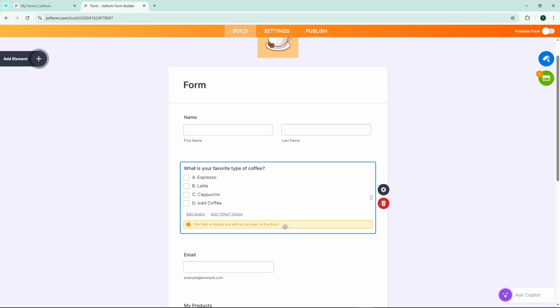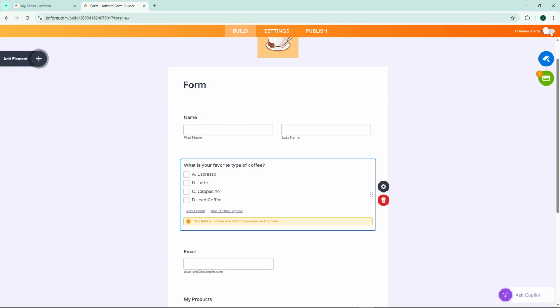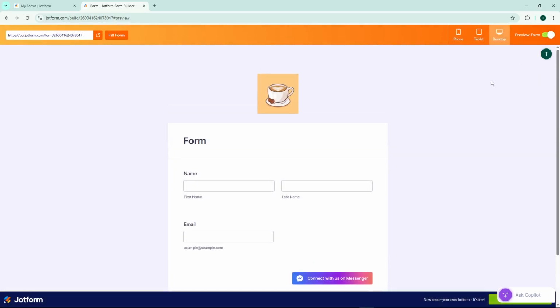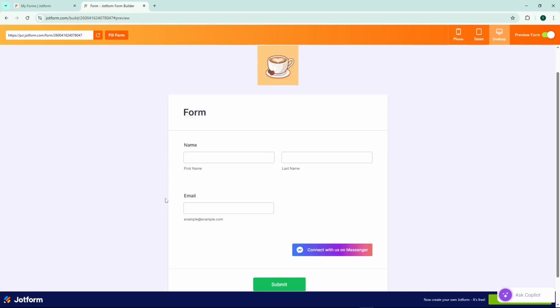To make sure everything looks correct and the field is truly hidden, click on Preview Form in the top right corner of the form builder. This will open a live preview of your form as it will appear to users. Just wait a few seconds for the preview to fully load. Once it's loaded, you can scroll through and confirm that the hidden field is no longer visible anywhere on the